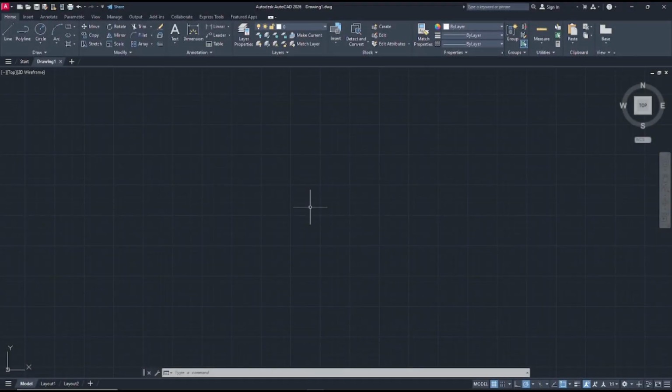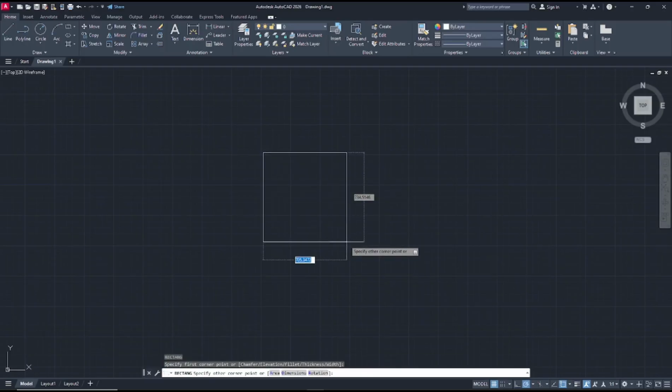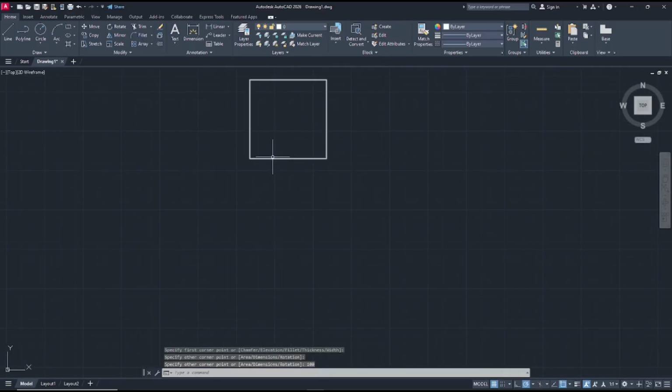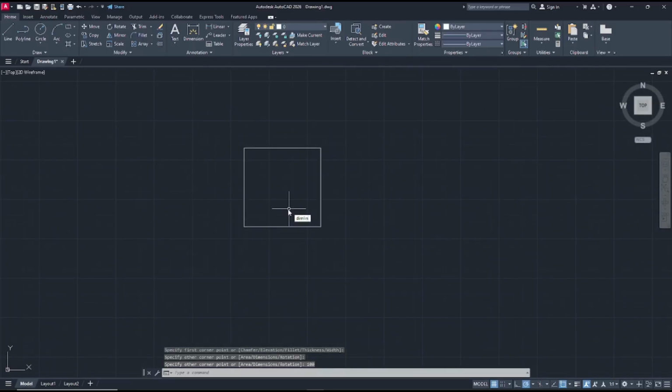Hello everyone, today we are going to learn basic AutoCAD tips and tricks: how to set dimension unit. As an example, I will create a rectangle and you can set the dimensions to 100 and also 100. Now if you create a linear dimension on this object from this point to here, it will show the dimension